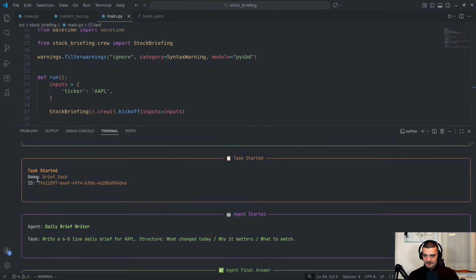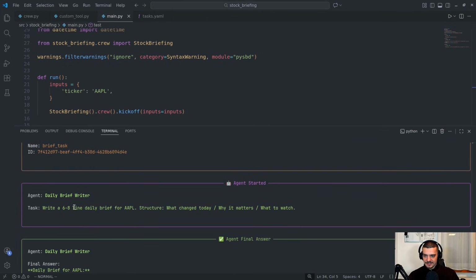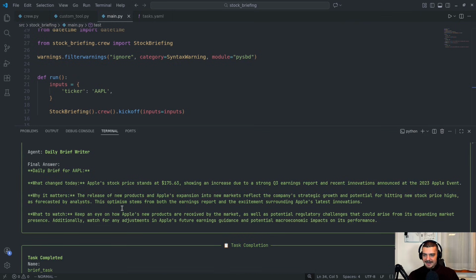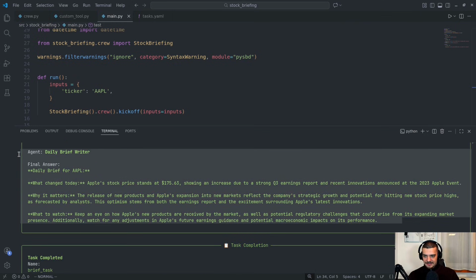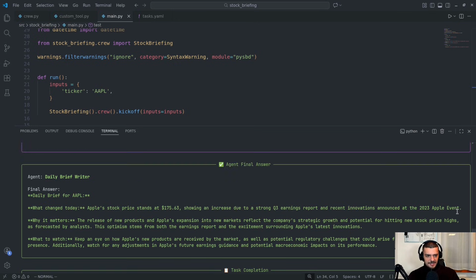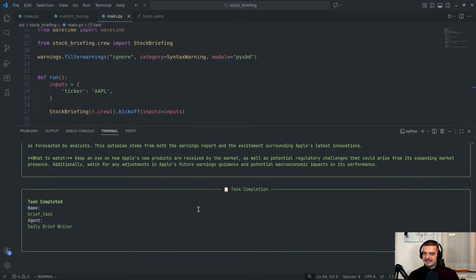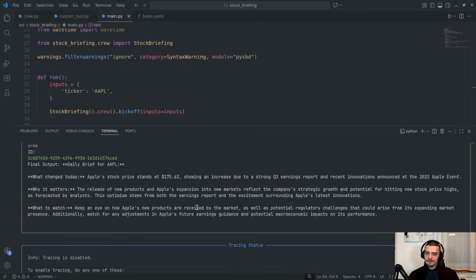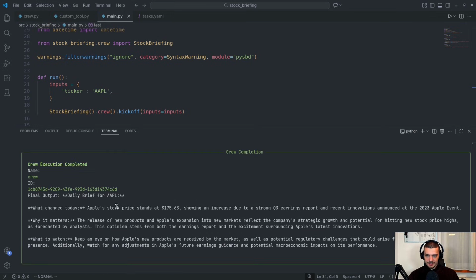And then we have the brief task, write a 6 to 8 line daily brief for Apple. And we can see here that in this concise answer, we have the daily brief, we have the stock price. We can see showing an increase. Okay, actually the data that I'm receiving here is outdated, probably because I'm not using the most recent headlines, but that's not too much the focus of this video here. You can also use different news sources. You can use a different portion of the news sources, but you can see that the general principle of orchestrating multiple agents to give you a final output, and you can see the final output here in crew completion,